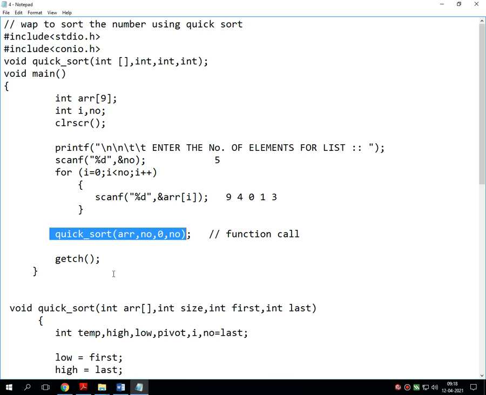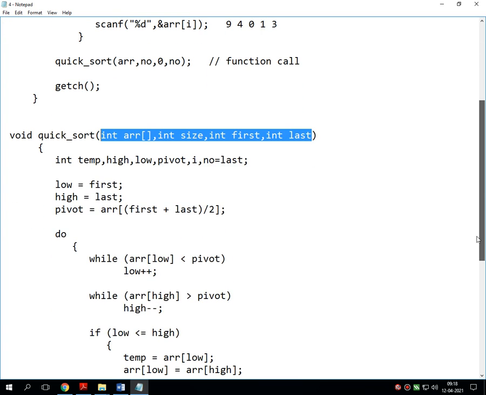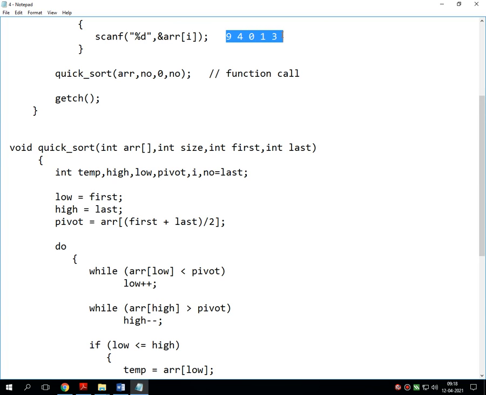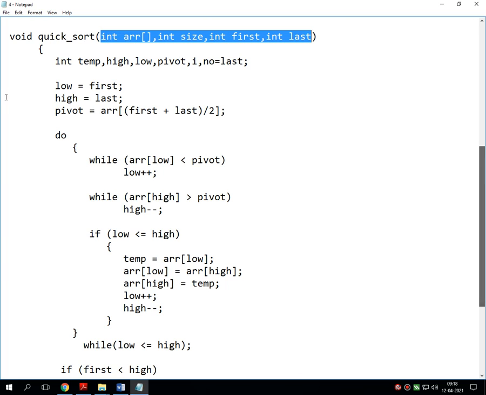Once the function call is done, all these dummy arguments are going to be stored in these actual arguments. So this 9, 4, 0, 1 and 3 are stored in this array. Size becomes 5, first becomes 0, and last becomes 5. So this was the initialization of all these local variables.